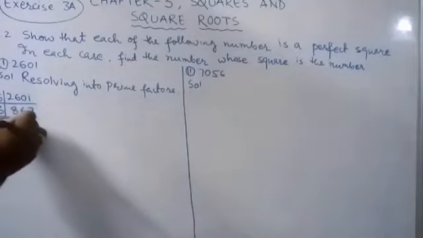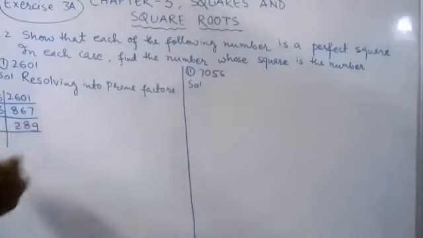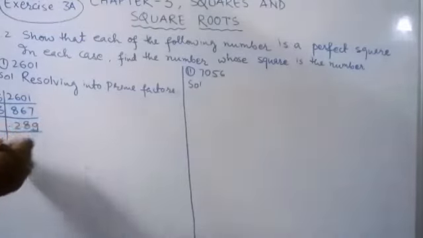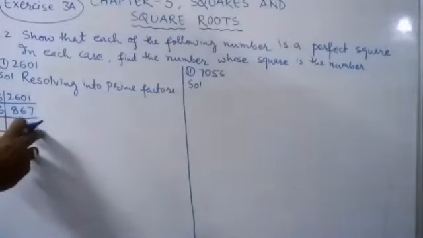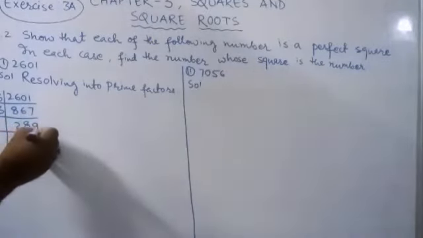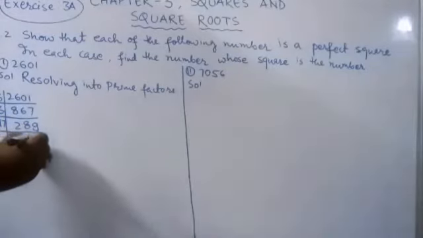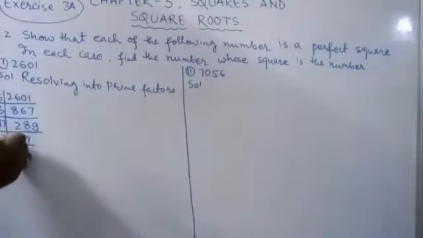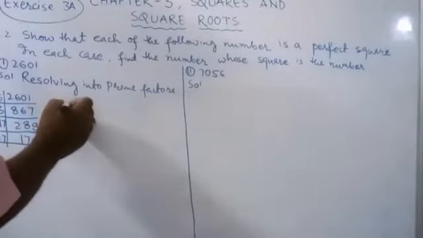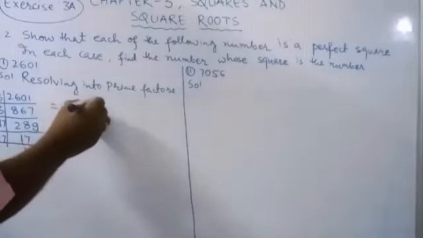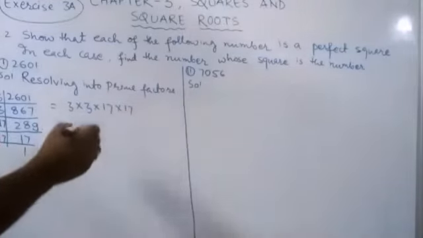Again divisible by 3. Now 289 is a number which is only divisible by 17. 17 is also a prime number, that is 17 17s are 289 and 17 ones are 17. Therefore the factors of 2601 are 3 multiplied by 3 multiplied by 17 multiplied by 17, which shows that